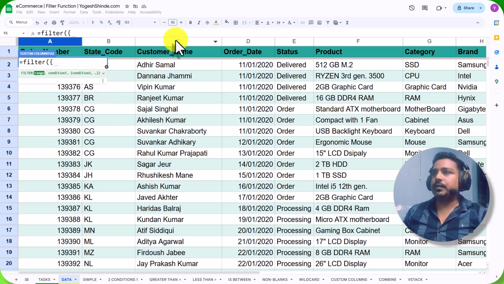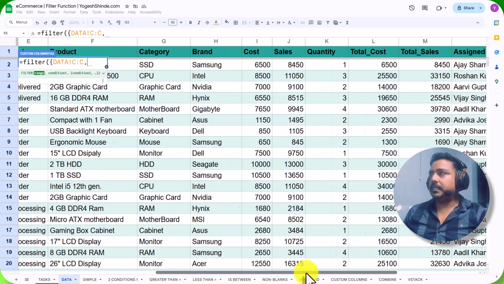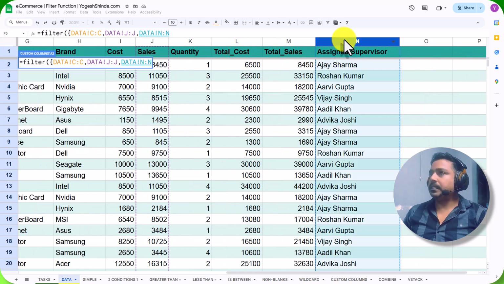Our boss wants to know customer name, then sales I guess, and then assigned supervisor, then again I have to close it with curly braces, then comma,